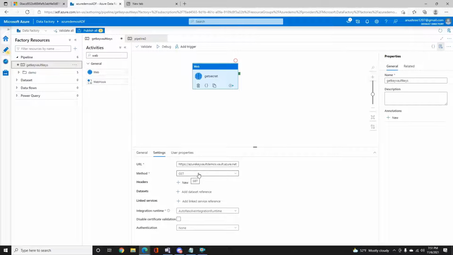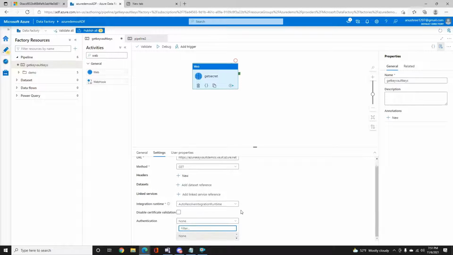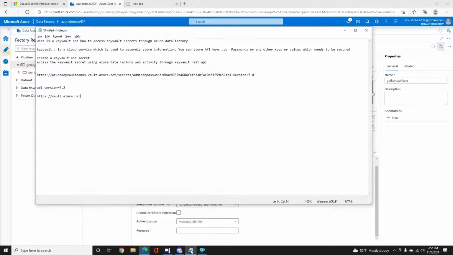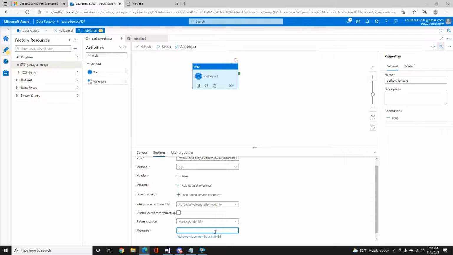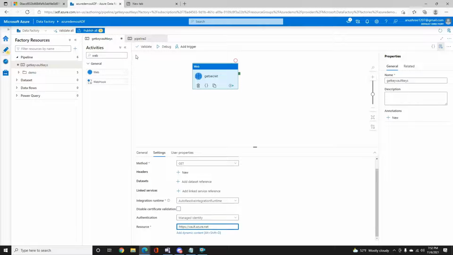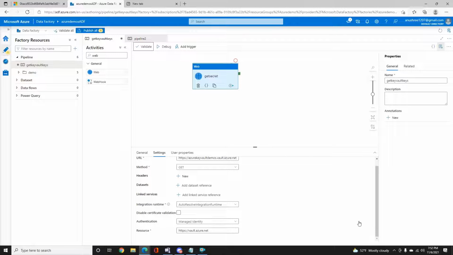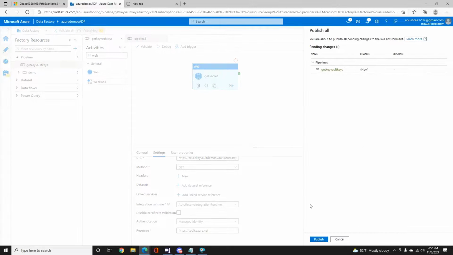Method would be get, and here the authentication would be managed identity, and in the resource I will need to give this URL. So I'll just validate to check if I have any errors. No, I don't have, and I'll just publish this.